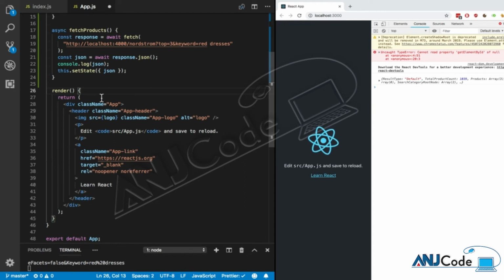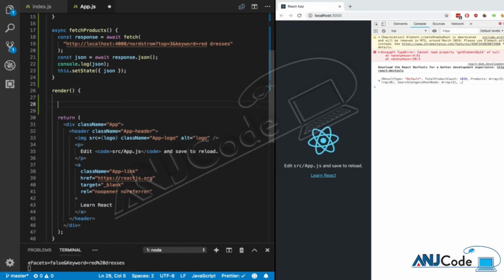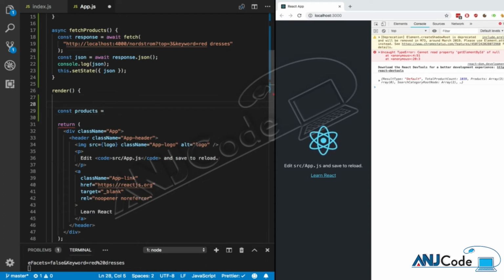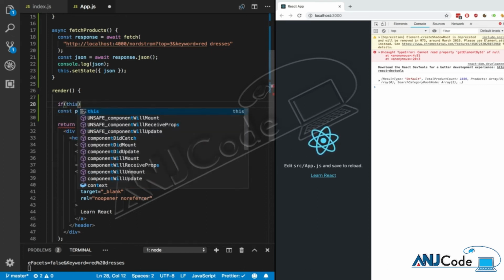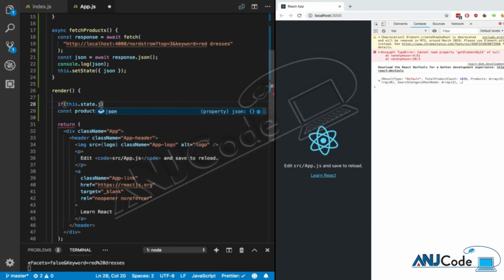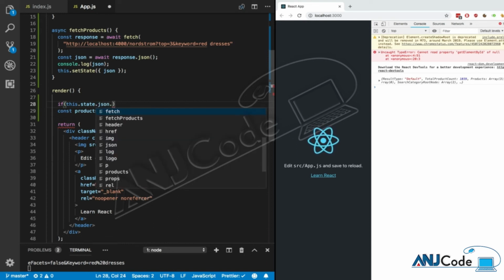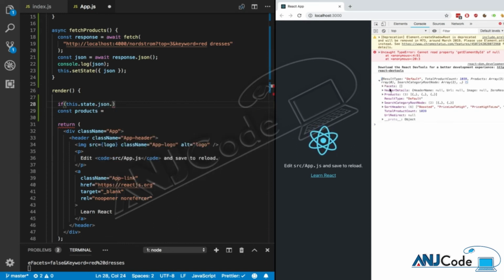And the way we do that is inside the render, before the return call, we do a const of the products. And so we map over the products here. Actually, first we want to check the state of JSON, and remember it was the products array. So we say products,